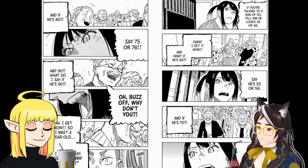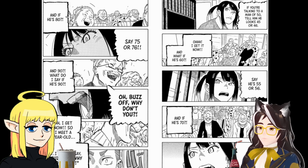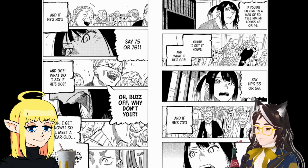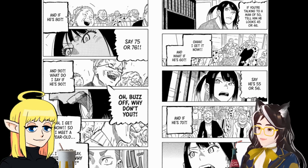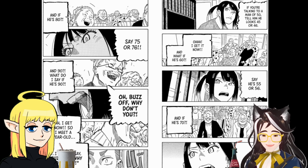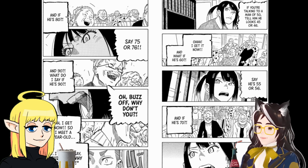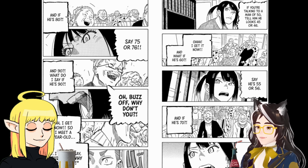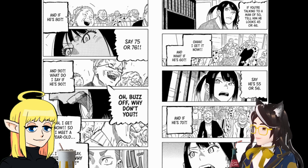One thing I like about those little overviews is that it gives the old timey art style drawings of the main characters of the Rakugo. And I like that because then I'm like, oh, I feel like the artist of this is really good at drawing characters doing different facial expressions